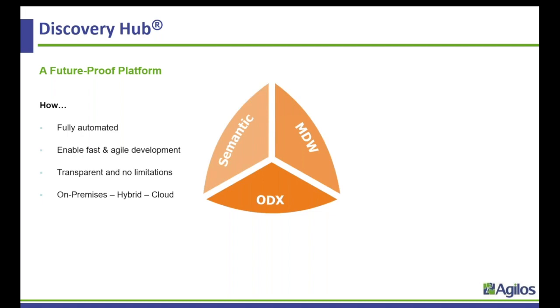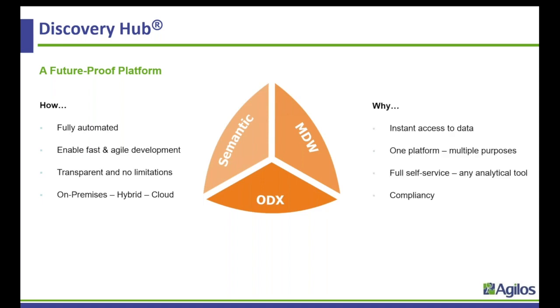Of course, it's important that you can work both on premise, or if you want to combine it with clouds, that is very important. Why should it be fully automated? Because you want to have direct access to your data. You want to make sure that the data can be served in a self-service way and that it is fully